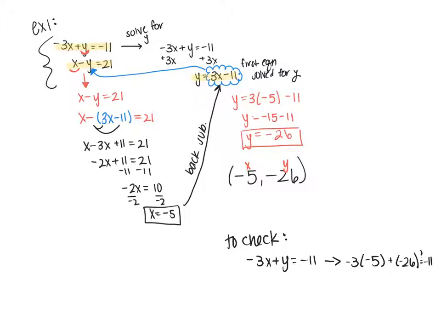And I want to know, is that true? When I plug that into my calculator, I get -11 equals -11. So that one's good. Now I have to check the second equation. So I'm going to do x minus y equals 21. Check that. So x is -5